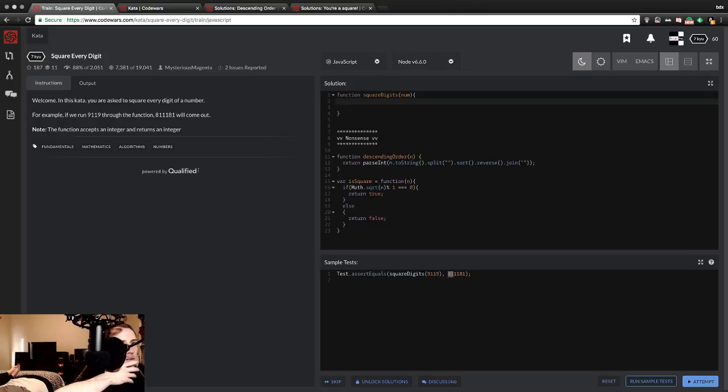Now, what would we want to do first? I think we want to take the number and break it into everything. Parsing it, n, so that would end up being num toString. So we'd string it out, split it. Each number becomes its own thing. We don't need to sort or reverse it, so we are actually able to get rid of these. However,